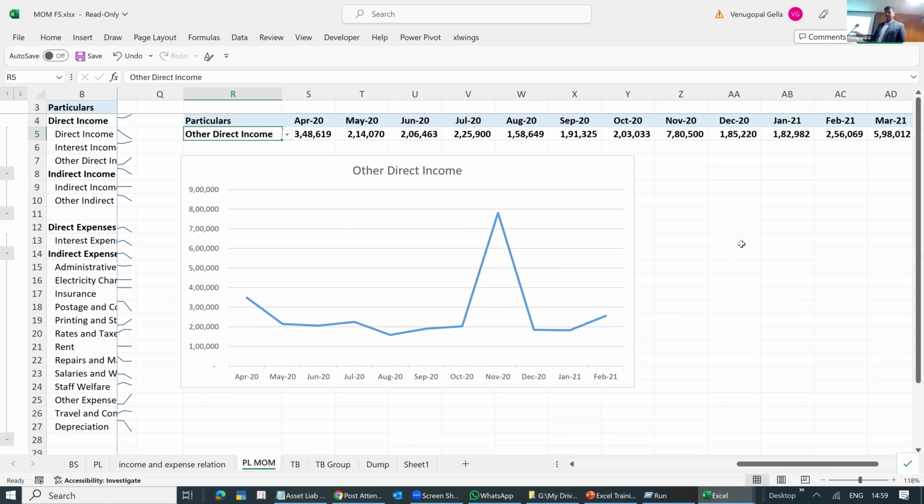In the month of November, suddenly my direct income went to 7,80,000, which otherwise was only 1 lakh, 1 lakh, 2 lakhs. You should get into these questions and ask, okay, what happened in that month? Yes, sir is rightly saying, I would have done a housing loan mela or gold loan renewals. So we are doing the audit of it.